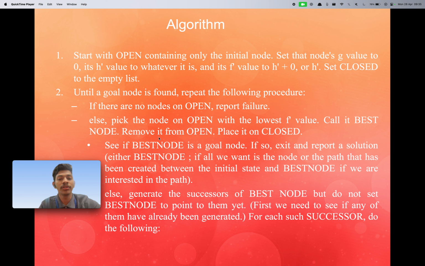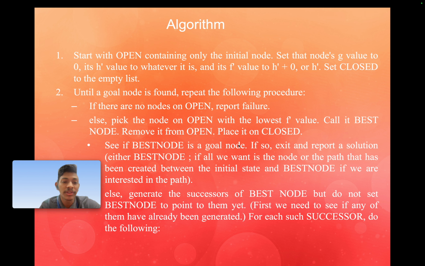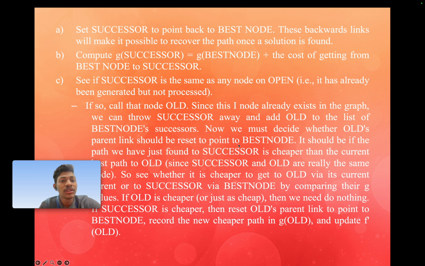Remove it from open and place it on closed. See if the best node is a goal node. If so, exit and report the solution. Else, generate the successors of the best node, but do not set the best node to point to them yet. Set each successor to point back to the best node. These backward links will make it possible to recover the path once the solution is found. Compute g(successor) equal to g(best node) plus the cost of getting from the best node